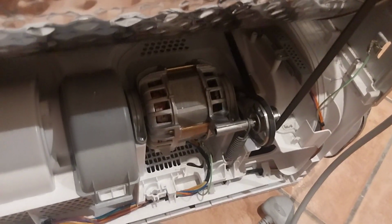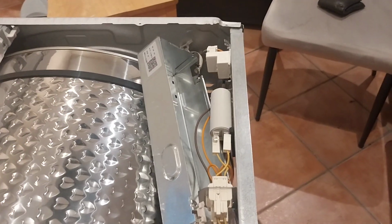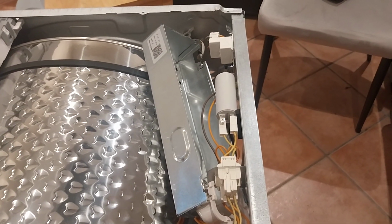That's it there. Now, typically, if you watch any of the videos, it's down beside the motor down here, but in this particular model, it's up here. It's in the silver box. Now, I've undone the box, the screws you can just access here. But yeah, basically I said I'd do the video because I was looking forever for where the capacitor was, and